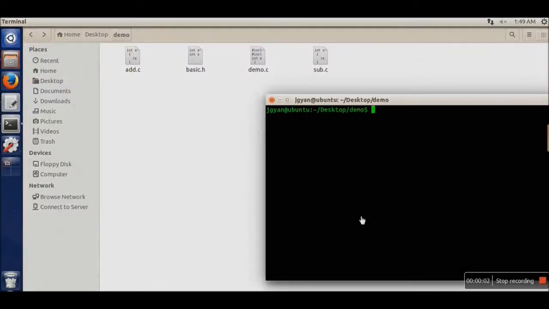Hello everyone. In this video I will show you how to create a dynamic library and how to use that library. In the previous tutorial we saw how to create a static library. So I'm using the same code in this one as well. So we are having